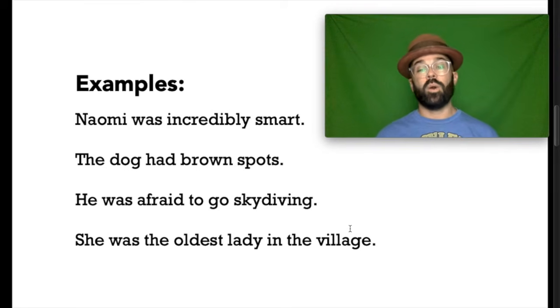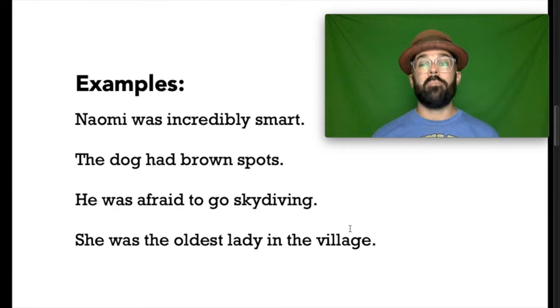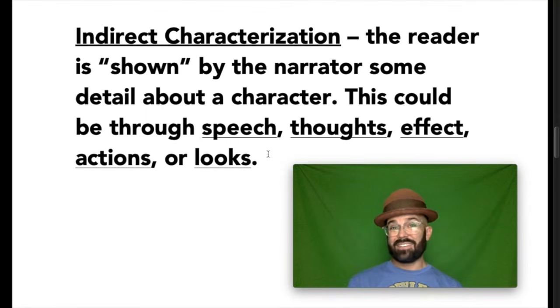Or she was the oldest lady in the village. All of this is very direct. If this was in a story, the narrator would just be telling you flat out that this is the way this particular character is. You're being told. Got it? This will become even more apparent once we look at some examples of indirect characterization. But first, a definition. So if direct characterization is when we're told how a character is, indirect characterization is when